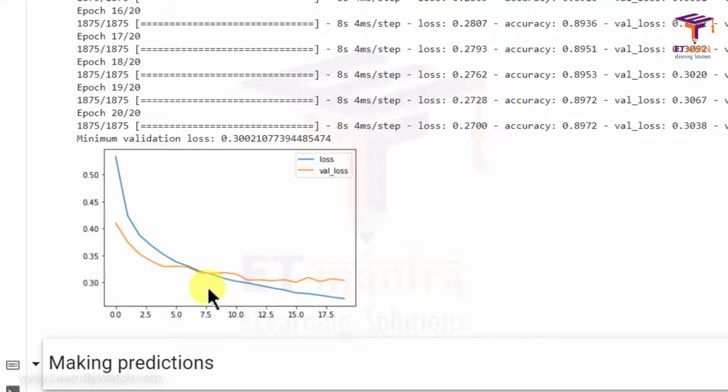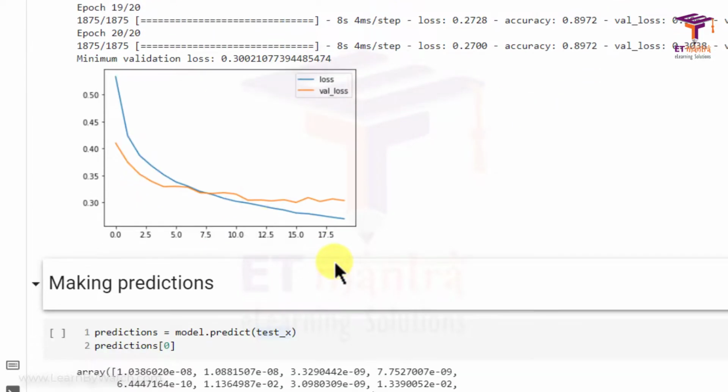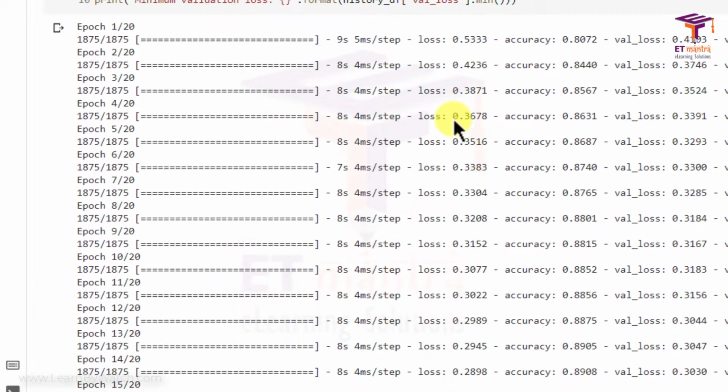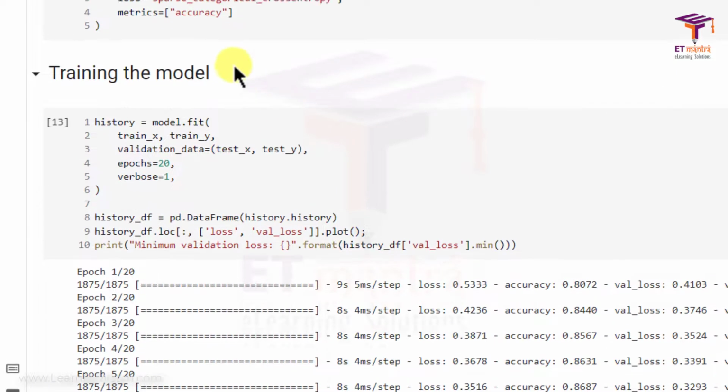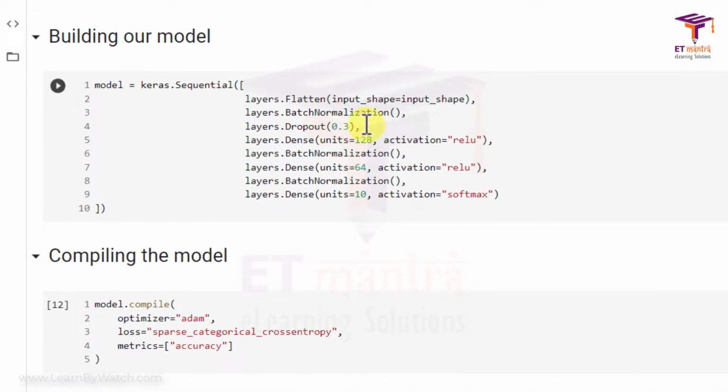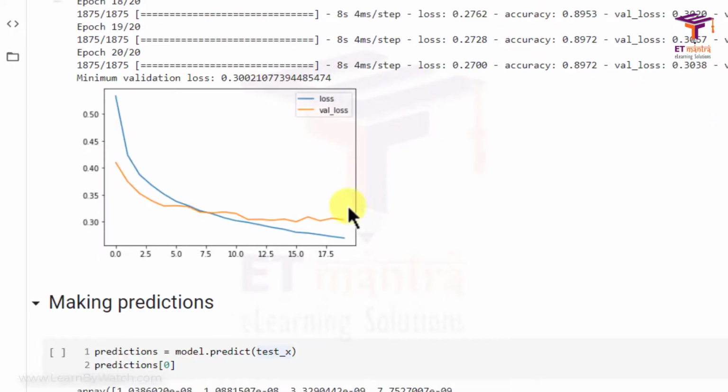You can read about how to implement early stopping in the docs. There are some 2 or 3 lines you need to add and you can do the early stopping. Initially you can see that the validation loss is lesser than the training set loss. This is a rare case, and maybe one reason is that since we have added a dropout in our model, it is happening due to that.